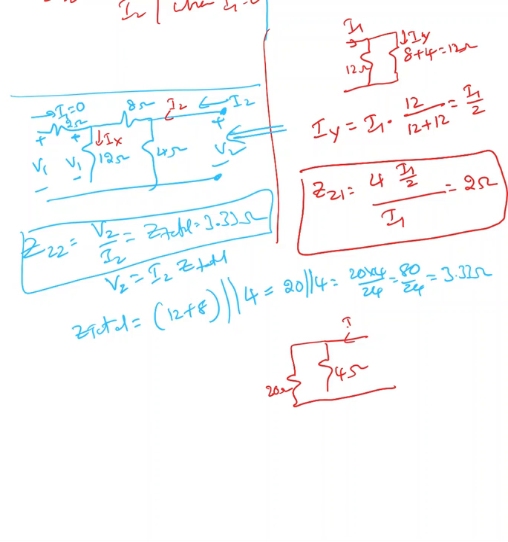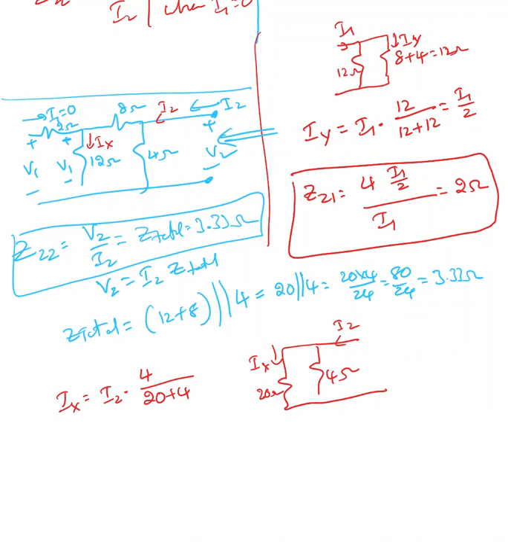Here is my I2, here is my Ix. Ix in this case equal to total current multiplied by opposite resistance or impedance over total impedance. In this case we have only resistors, so 4 divided by 24, so Ix equal to I2 times 1 over 6,